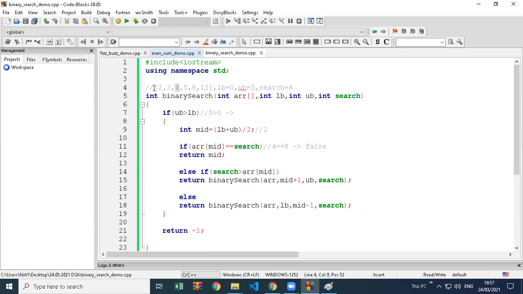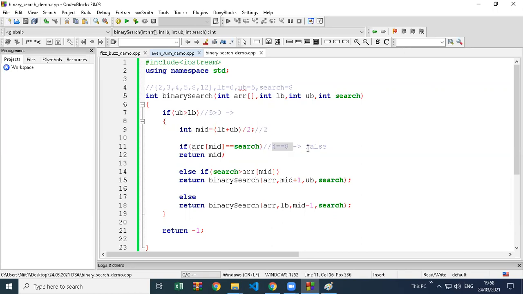Sir, how we got the mid value 4? Because mid value is 2, right? We calculated the lower plus upper bound, divide by 2. This you got? Any doubt in this line? Lower plus upper bound formula? No, sir. Okay, so when you got mid variable value as 2, what is ARR of 2? Mid is 2. So ARR of 2. What is ARR of 2? This is ARR of 0, ARR of 1, and ARR of 2 is 4. Understood? So mid, we got only index position and we took that index position value from array. That's why it is 4.